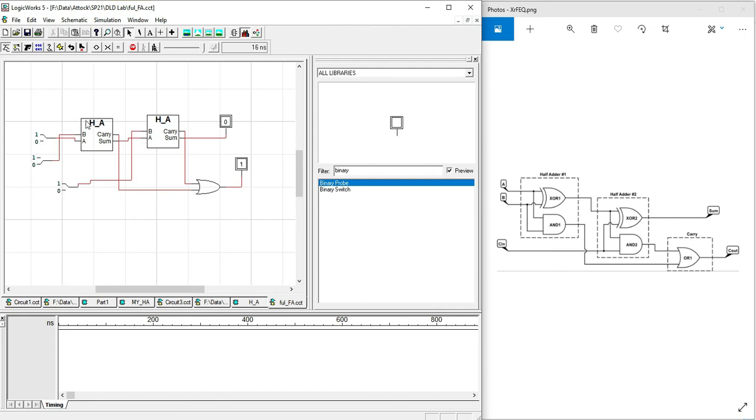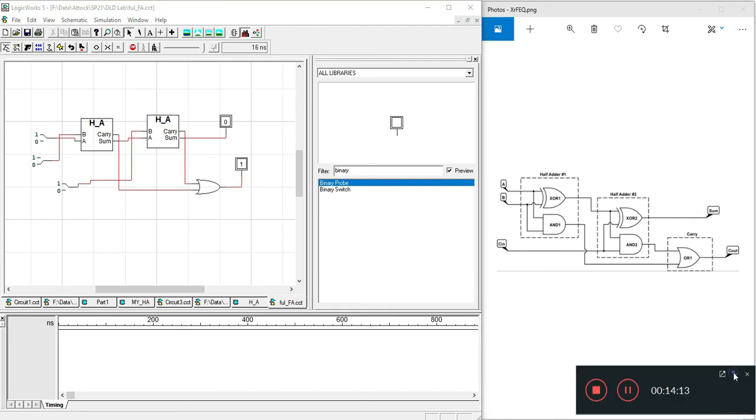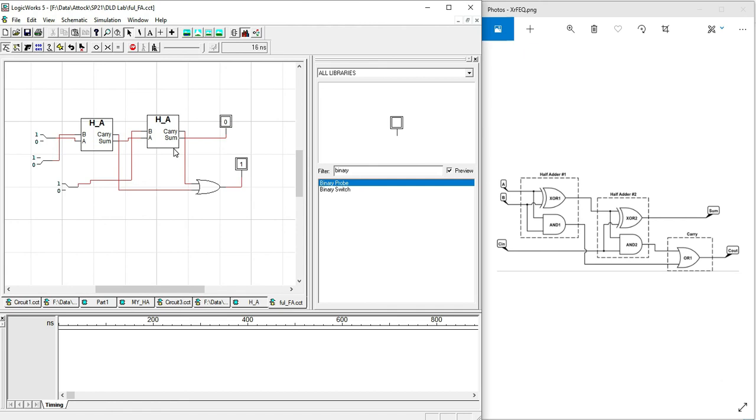Now we will make the symbol of this full adder circuit.